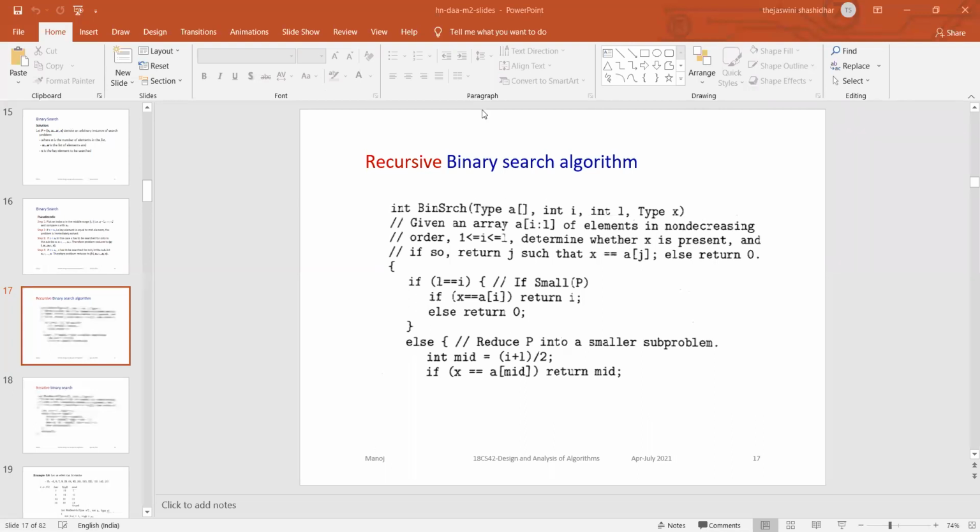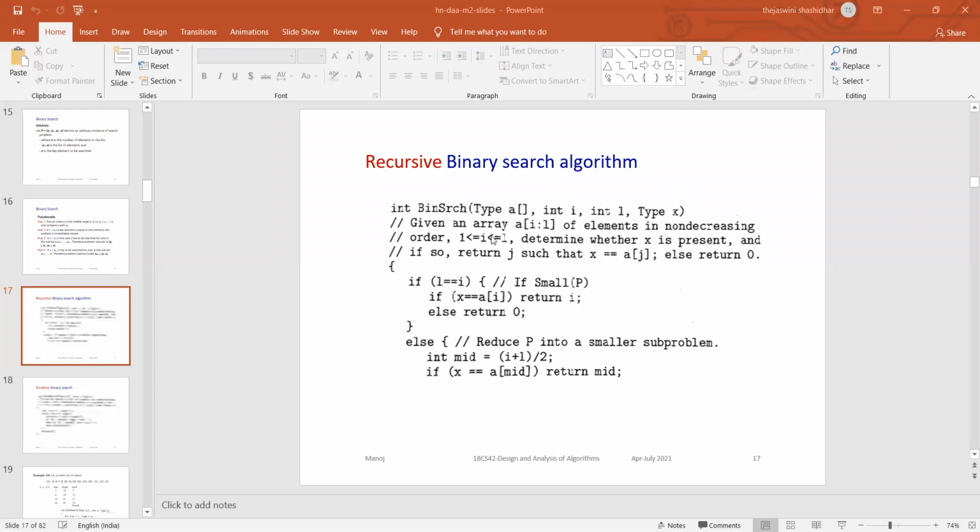A set of elements, which is the array A. First element is I, last element is L, key element is X. So type A, that is the array, int I, int L, int X. A is the set of elements, I is the integer, the first element, L is the last element, and X is nothing but the key element.